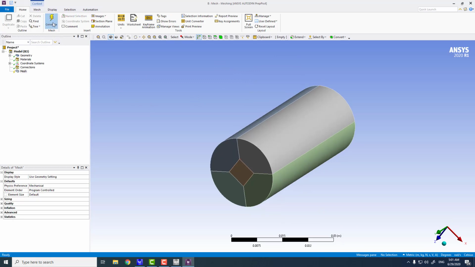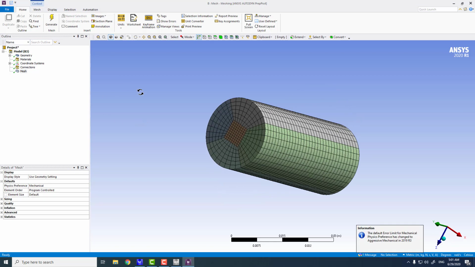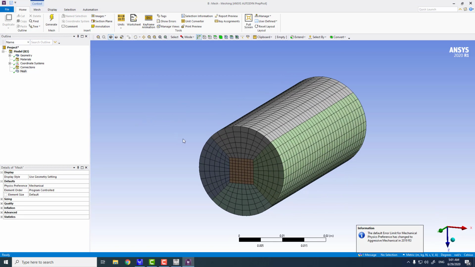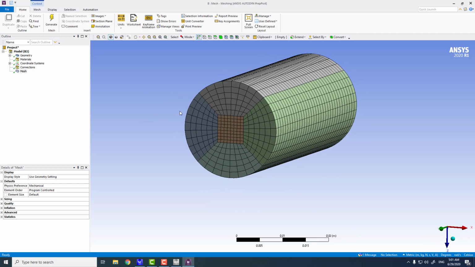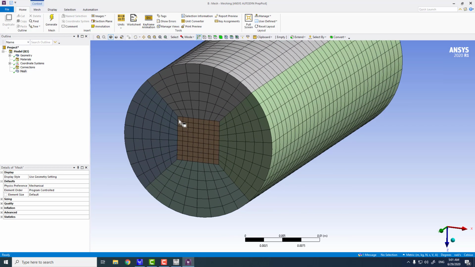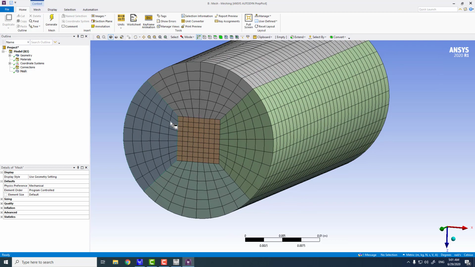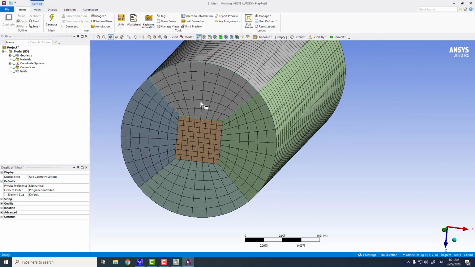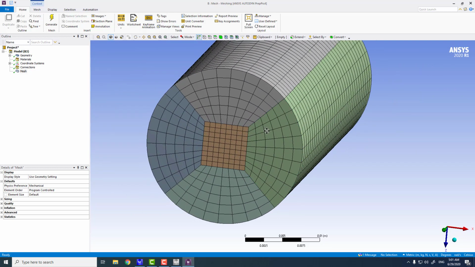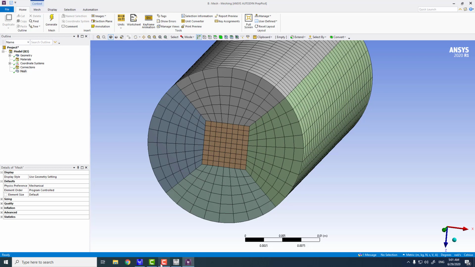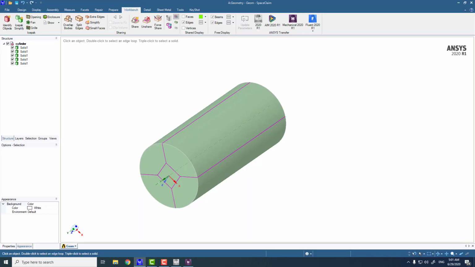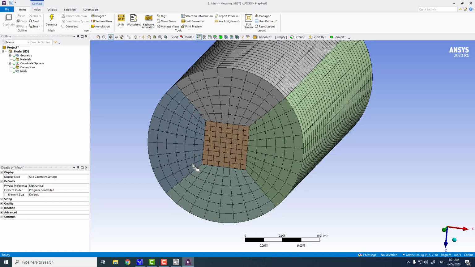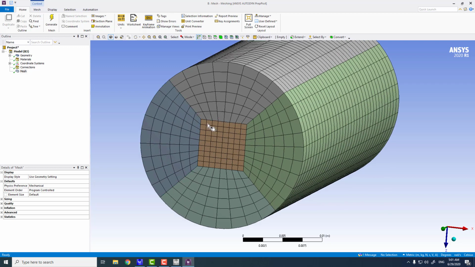Okay, so now we are ready. If you take a look at the mesh, just generate the mesh, and you can see that the mesh has a connection between all the five parts, and we have a continuous mesh across all these parts. This is a conformal mesh, and if you don't apply that command, the Share command, you won't see any connection between these meshes.